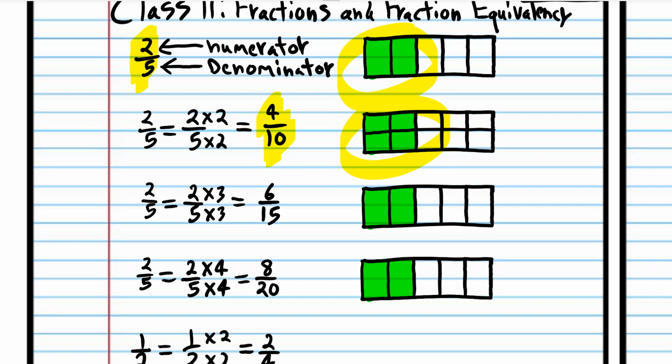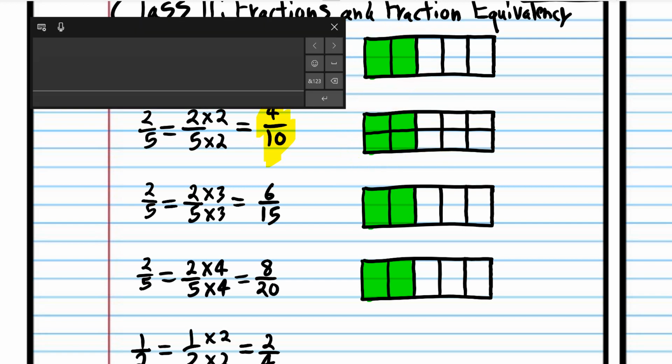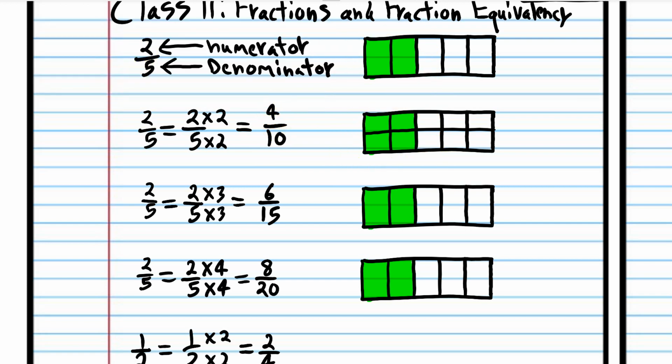It's the same thing. All right? The numbers are different. The fraction looks different, but it's the same value. That's fraction equivalency. So you're going to use the concept of fraction equivalency thousands and thousands and millions of times